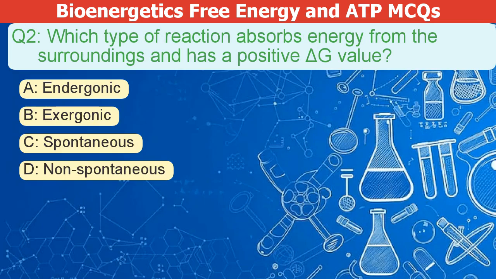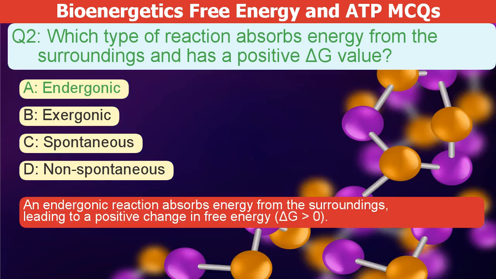Which type of reaction absorbs energy from the surroundings and has a positive delta G value? A. Endergonic. B. Exergonic. C. Spontaneous. D. Non-spontaneous. The correct answer is A. An endergonic reaction absorbs energy from its surroundings, resulting in a positive change in free energy, delta G greater than